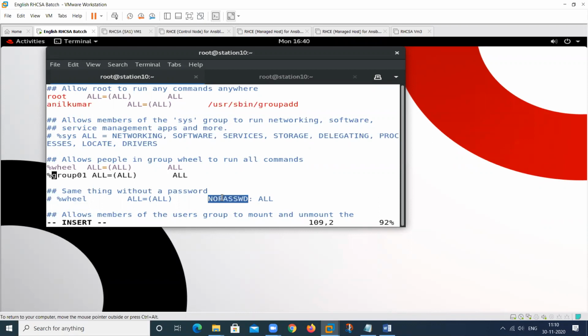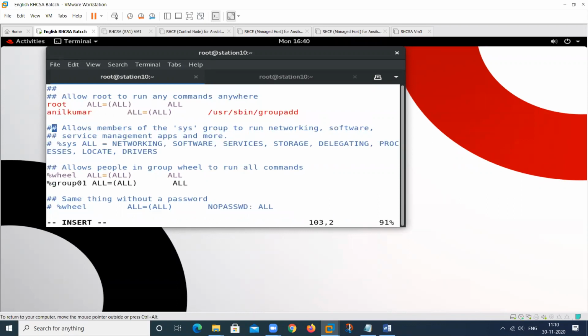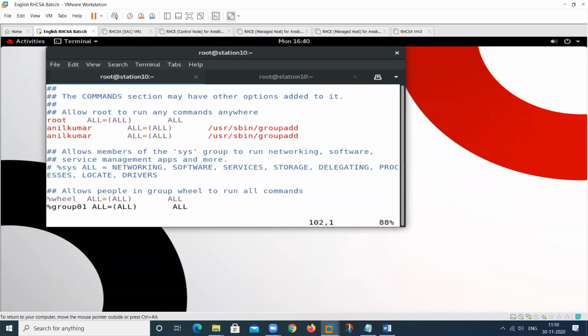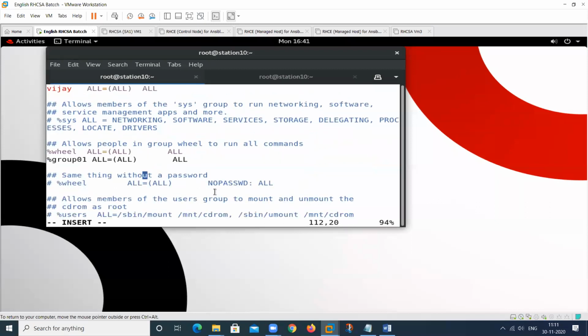Suppose I am creating a new user. The username is Vijay, and I want to perform all the commands. So type here ALL, ALL, and in front of ALL type this option.